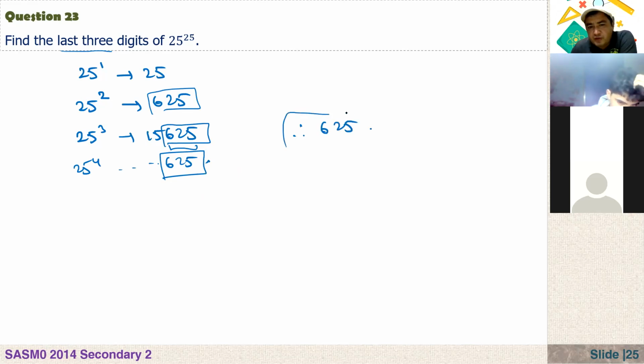And how do we know that? Just by some simple observation. 25, we know that. 25 squared is 625, we know that. If you multiply again by 5, it will be 625 again. Anyway,